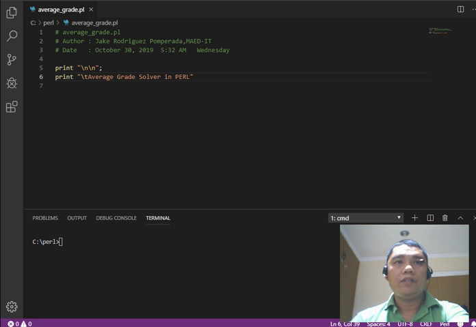Perl, not PHP. Print subject, enter subject, jump,